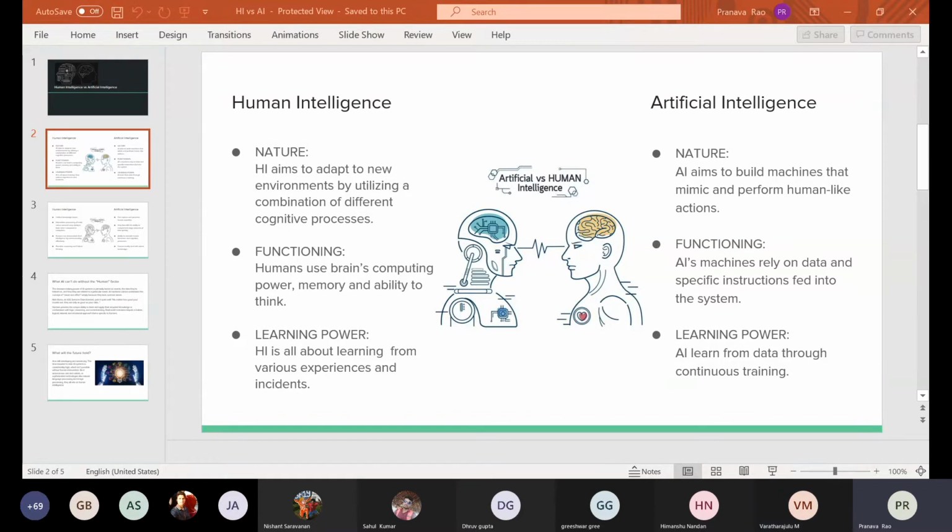And when it comes to the future of AI, the entire future depends on how we use it.